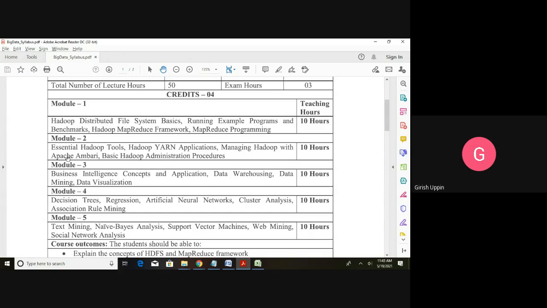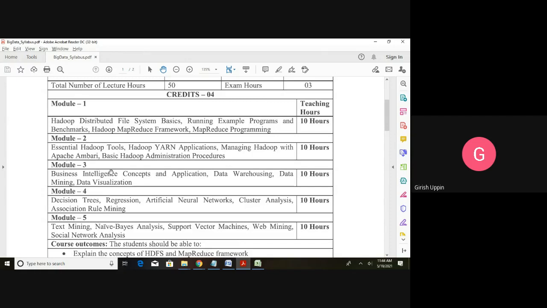Then using all those, you can do a certain amount of administration work, and it also depends on, as I told you, what user you are using to log in to Ambari. If that user has admin privilege, then you can do the administrative work. If that particular user does not have admin privilege, then most of the things can only be viewed. So administrative work cannot be done with a non-administrative user ID and password.